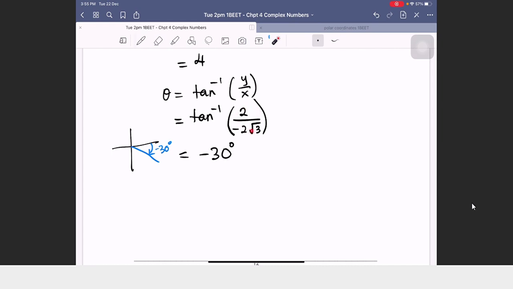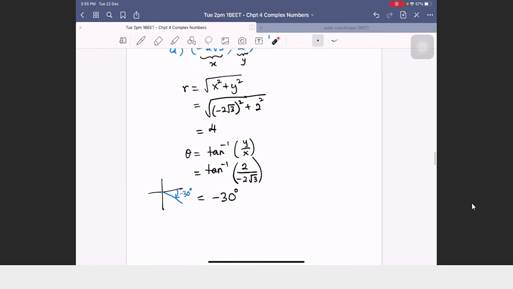So the restricted domain for tangent inverse is either quadrant 1 or quadrant 4, depending on whether this is a positive or negative value. For this question, because this is negative, the calculator straight away gives you a quadrant 4 angle. However, whether this is the correct angle or not, this is when you have to identify